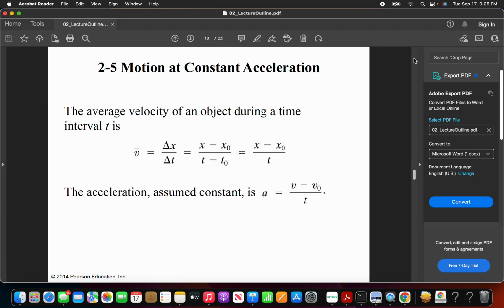All right. So, average velocity of an object during a time interval, right? When you see a bar over something like that, that's the average. That's like taking, if you've got three things, you add them up, then you divide by three, you get the average. Same deal with four things. You add them all up, then you divide by four, you get the average. Okay, so average velocity is one thing, right? And that's what we're going to be dealing with